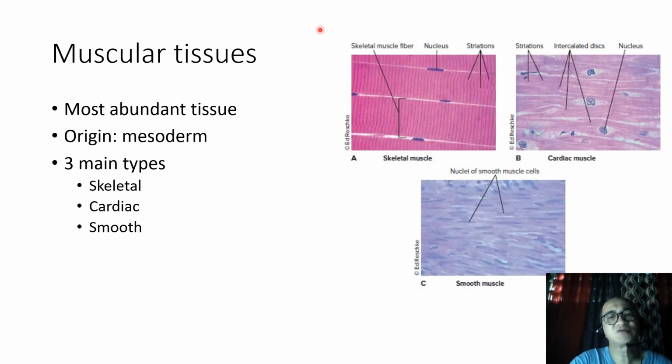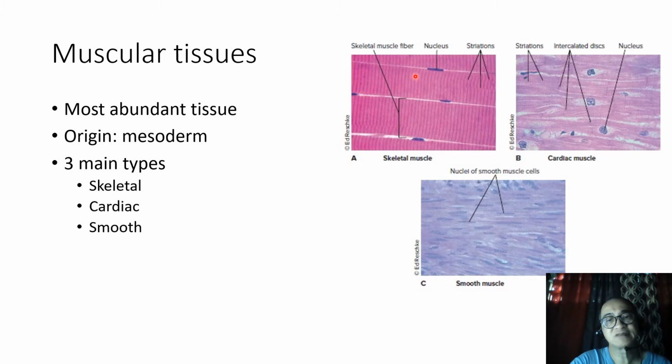Muscle tissue is the most abundant tissue in the body of most animals. They are derived from the mesoderm, and they are made up of three basic types of muscle tissue. You have skeletal muscle, cardiac muscle, and smooth muscle. They can be differentiated according to their cell appearance, the location of the muscle, and their function, whether they are voluntary or involuntary. The skeletal muscle is made up of elongate,